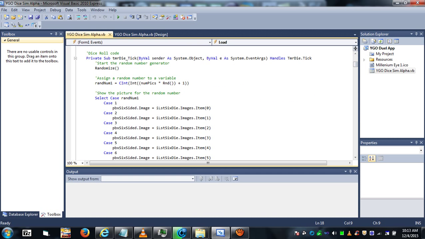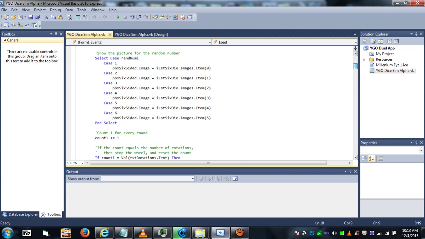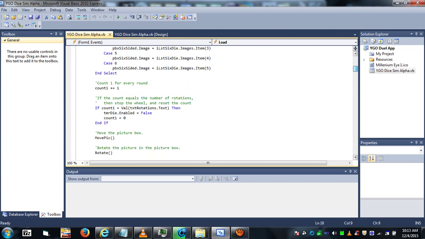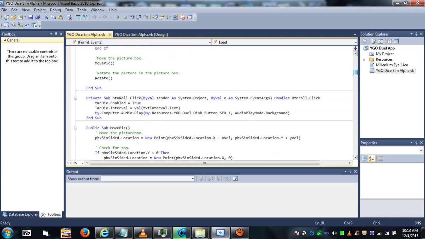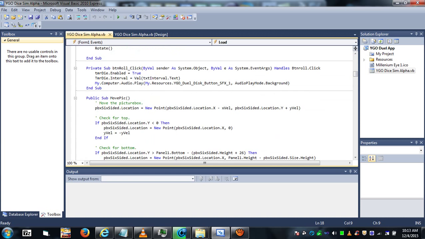Here's the dice roll code for randomization. Here's the 6 images of the 6 sides of the dice. This is so you can roll the dice, move the picture around. This is the movement code for animating the dice, so the dice moves within the picture box of